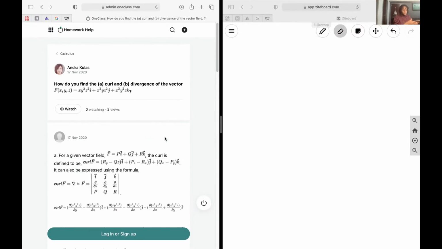Okay, so for our first question, we're going to be calculating the curl and divergence of a specific vector field. And so, in order to do that, I need to figure out what curl and divergence are. So just 1 moment. Okay, so